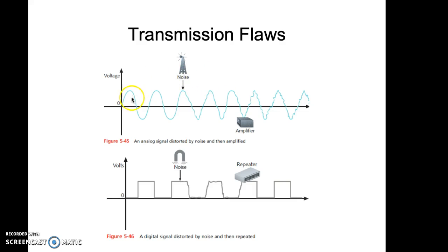But when the noise occurs, the problem with amplifiers is that this beautiful little wave that was structured a certain way gets damaged, and then the amplifier will make it even worse. It will amplify the error. So that's a difficult situation to deal with, transmission flaws on analog. It should be able to just send the signal on, assuming it's not